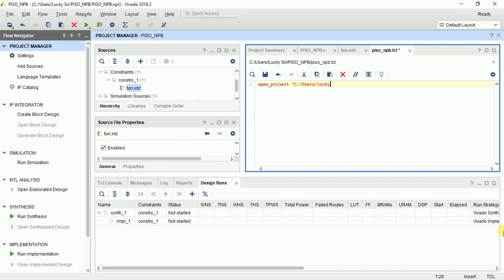Here Lucky Sri has some space, so I am using double quotes. You can see the directory here also. So I gave a project name, then